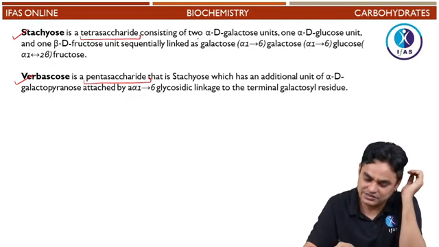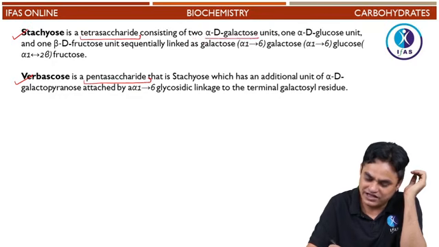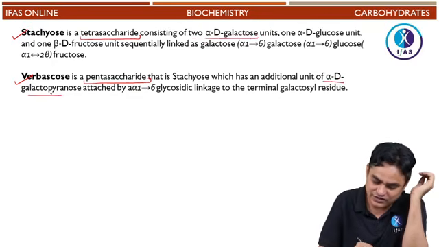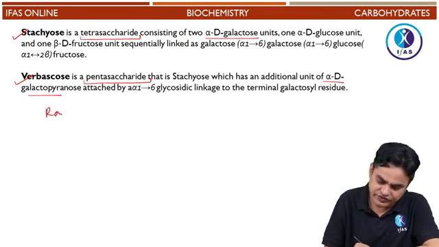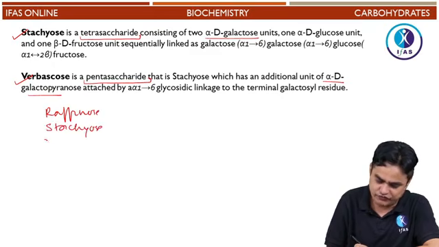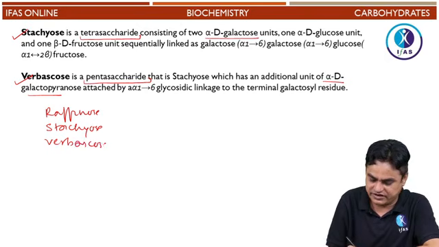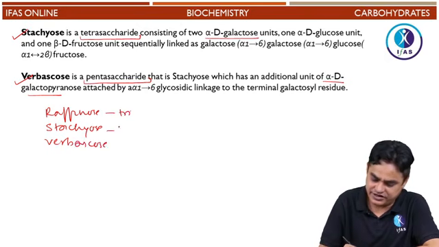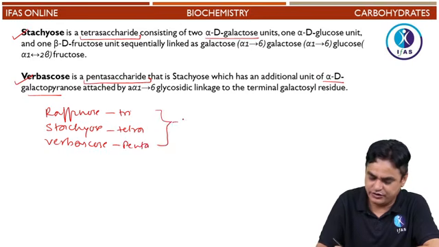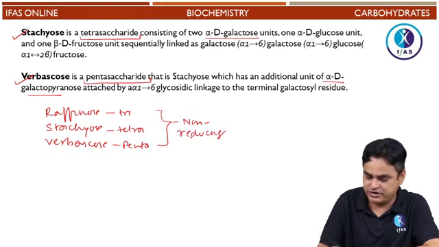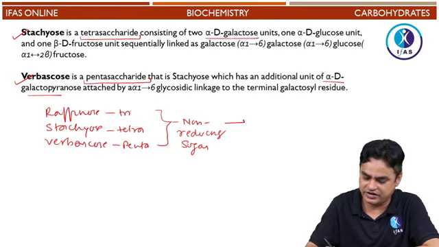So one more alpha D-galactose is being added each time. These raffinose, stachyose and verbascose, the tri-, tetra- and pentasaccharides, are all non-reducing sugars and